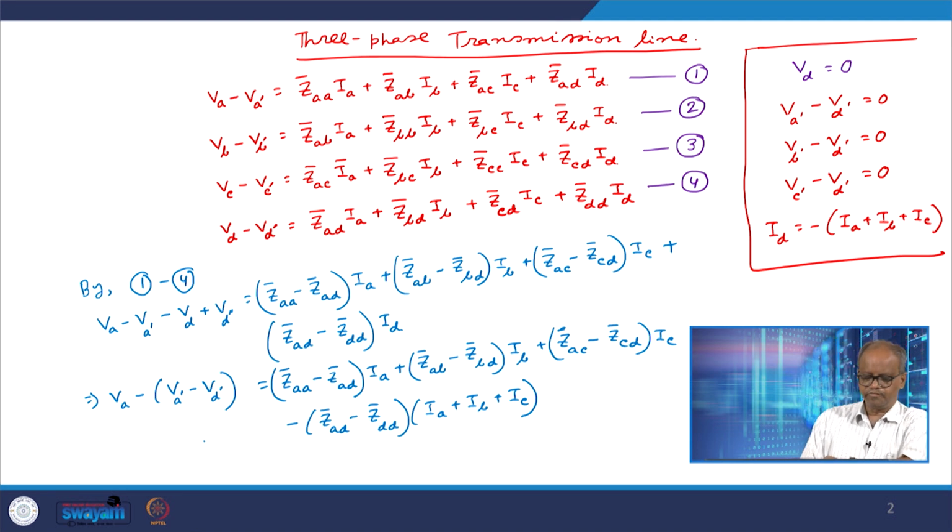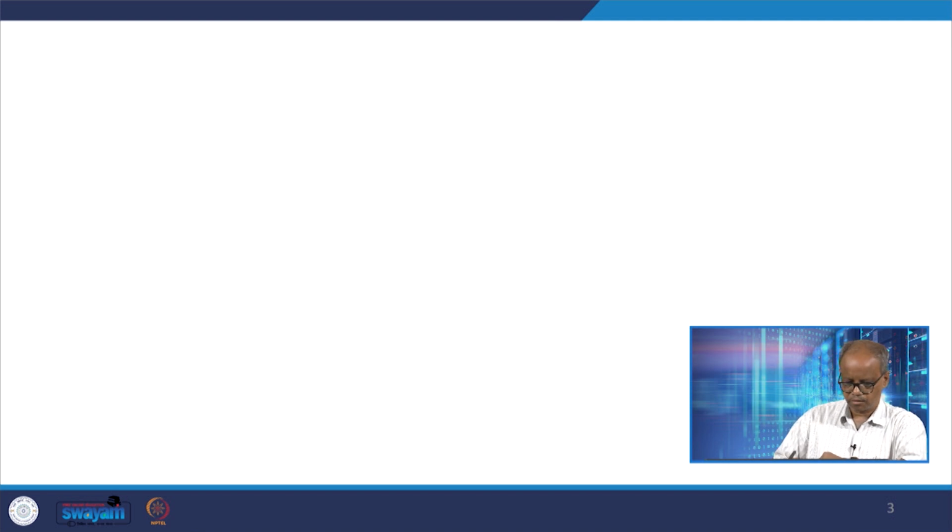Now, if we look at the left hand side, we know that VA dash minus VD dash is equal to 0. So, then therefore, this left hand side becomes VA, and on the right hand side, what we can do is from here to here I can take IA common, from here to here I can take IB common, and from here to here I can take IC common. So, let us do that. So then therefore, ZAA minus ZAD minus ZAD plus ZDD. So it would be VA